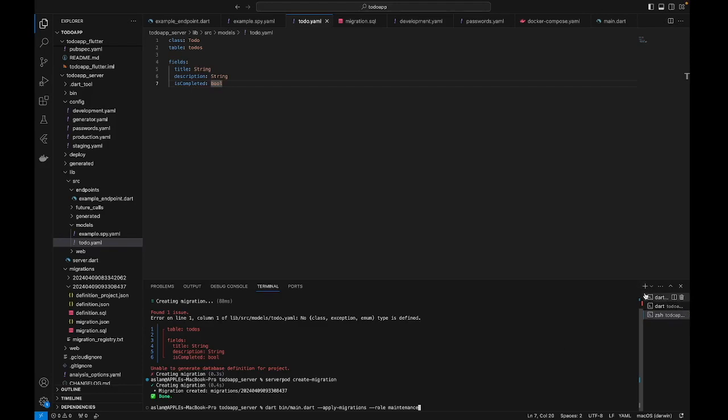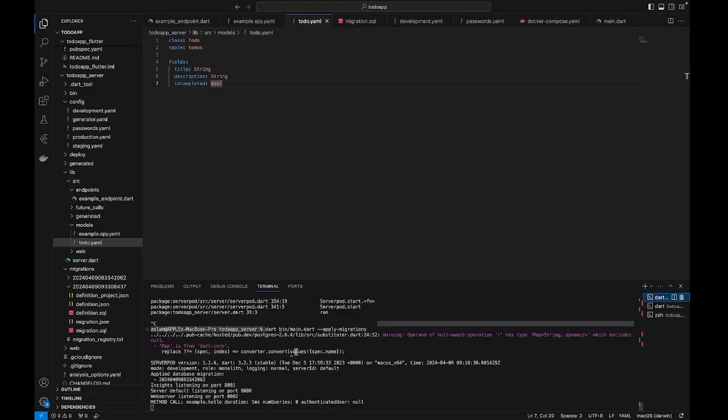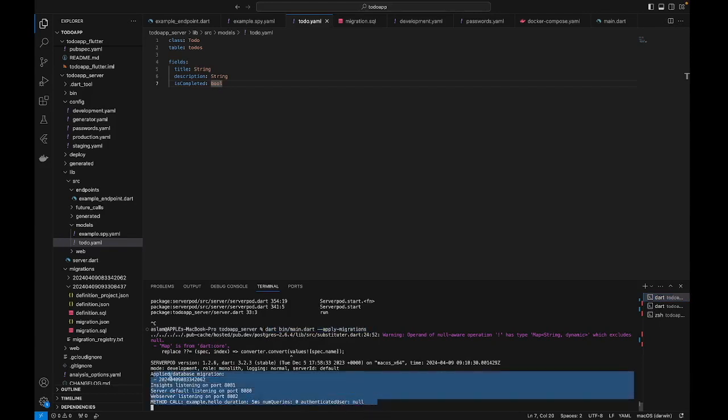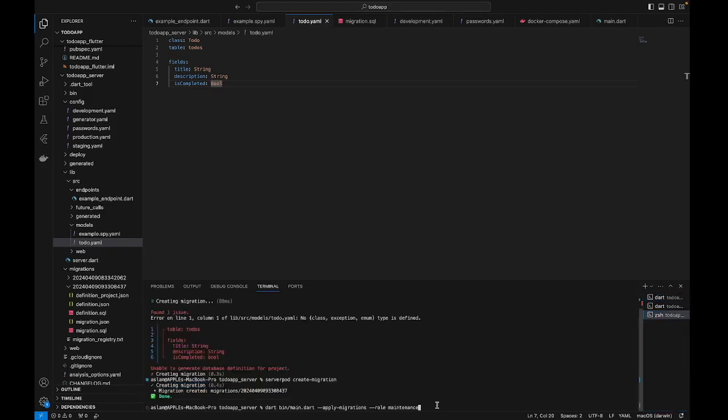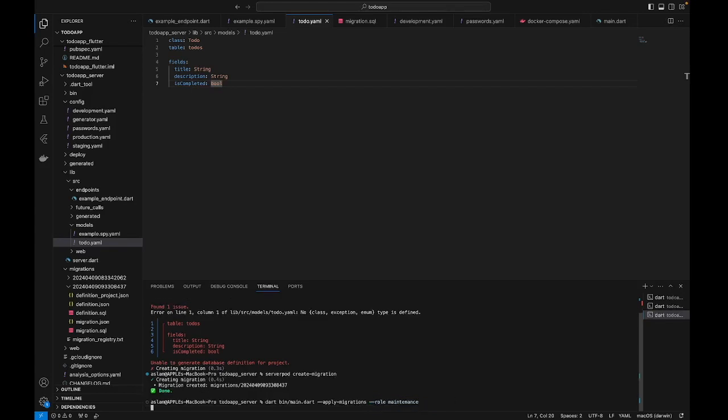So basically, when you see here, it started the server and it is always listening, right? It is always up. So if you just want to apply your migration and turn down the server, you don't have to keep the server up. We just want to apply the migration and let the server turn down. If that's the case, that's where you should use role maintenance. Okay, now if I apply this command,